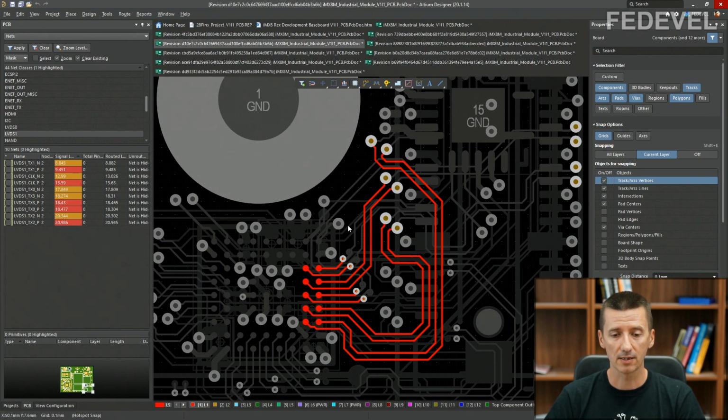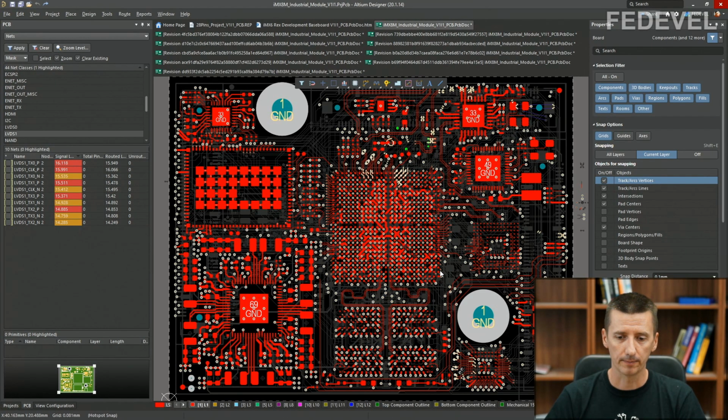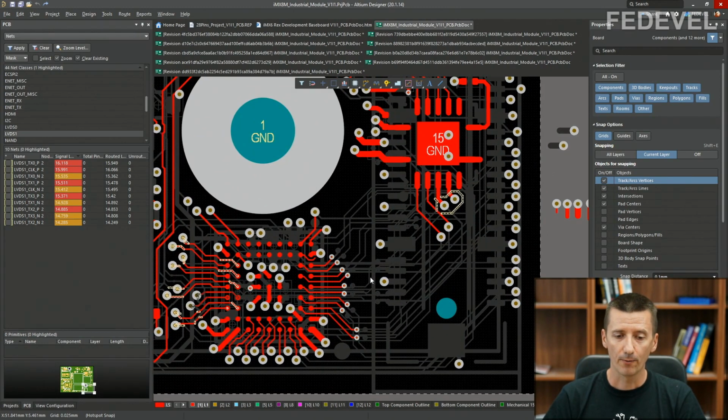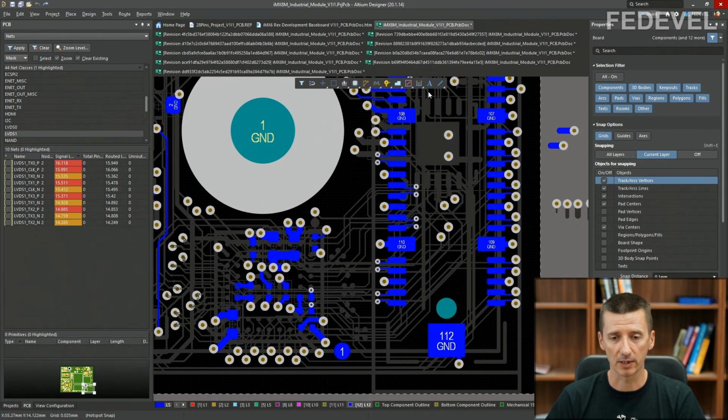Okay, and for this the best way would be to route all the signals the same way. And this is how it looks now. One of the ways it was possible to improve this layout was to play with the pinout of this board-to-board connector.